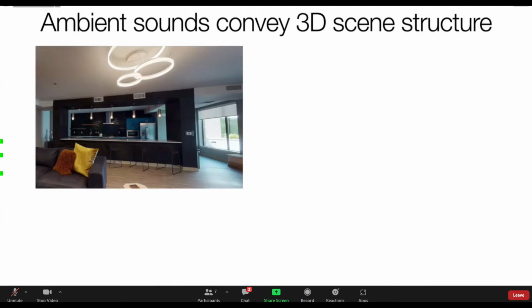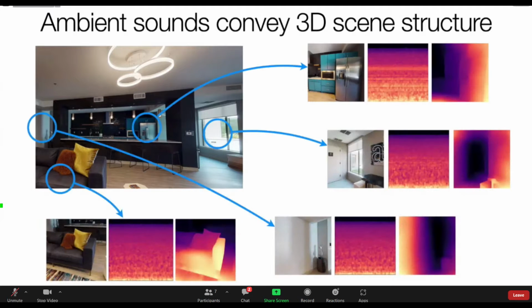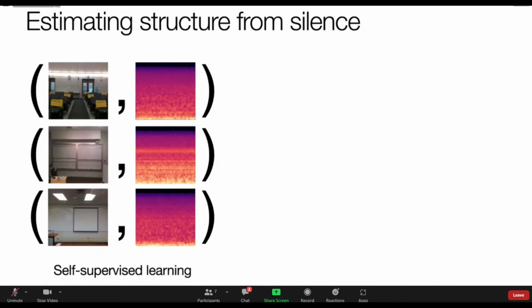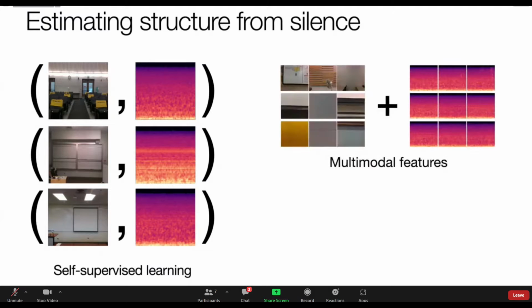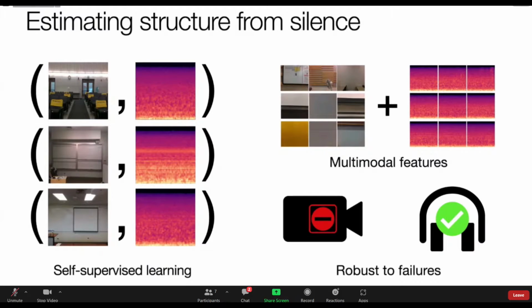If we have this multimodal data, we can learn the correspondences between images, depths, and ambient sounds. If we could learn these correspondences, there would be a lot of things we could do. Paired images and ambient sounds could provide a natural signal for self-supervised multimodal learning. Beyond that, sounds could simply provide additional features for multimodal systems. And sounds could also be helpful when a robot's other senses fail, as a kind of backup modality. For example, when the lights in the room are turned off, a lens is occluded, or a camera fails.